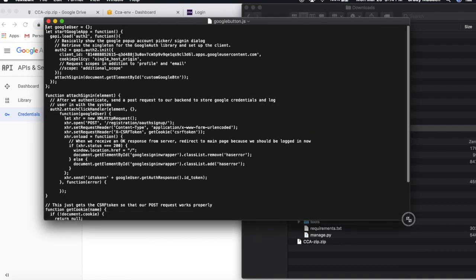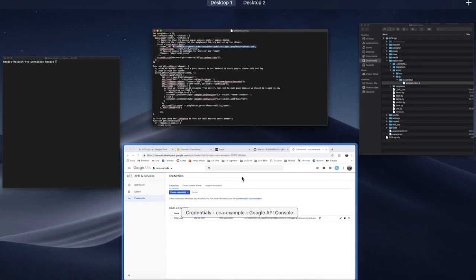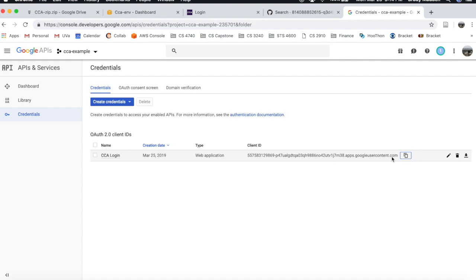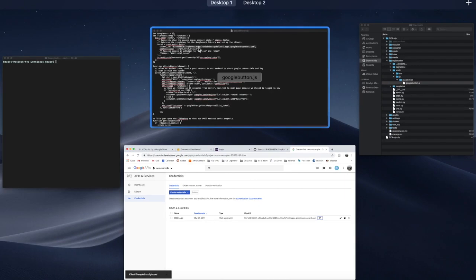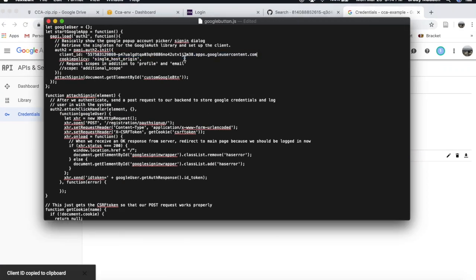And on line 7, we can find this client ID. So we need to go ahead and copy and paste in the Google client ID that we copied from here. We can go ahead and save